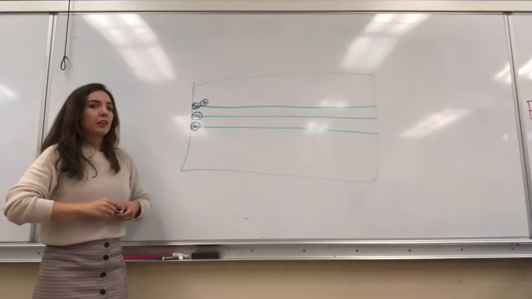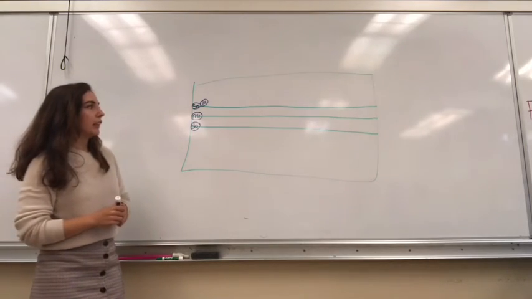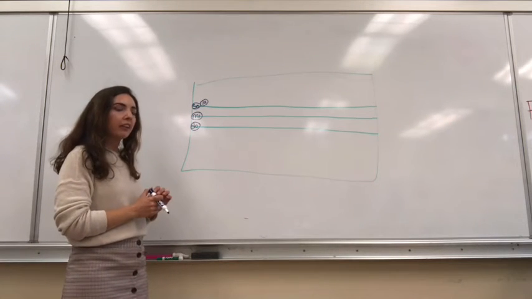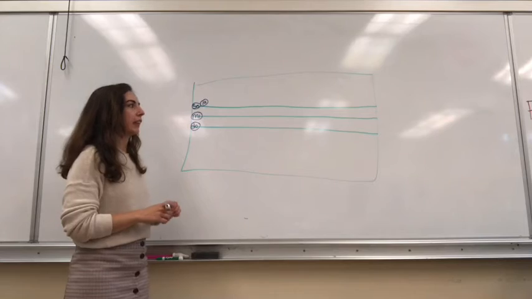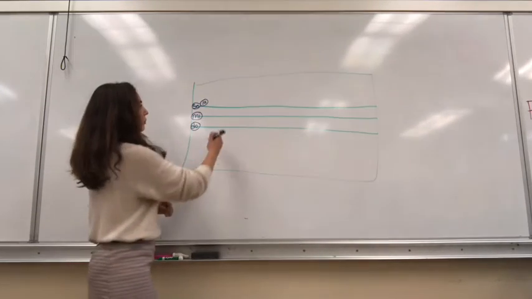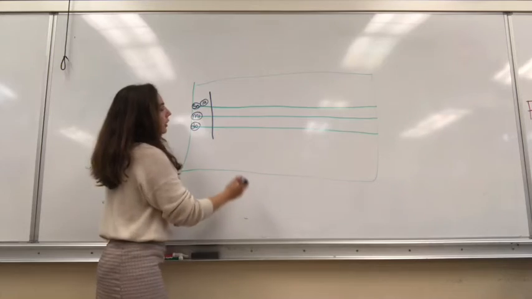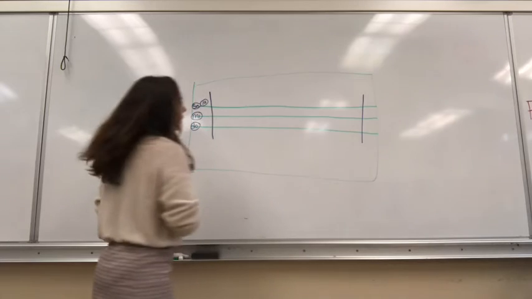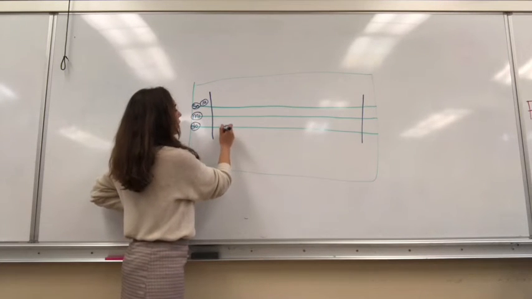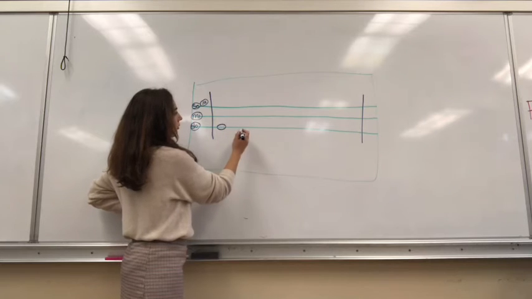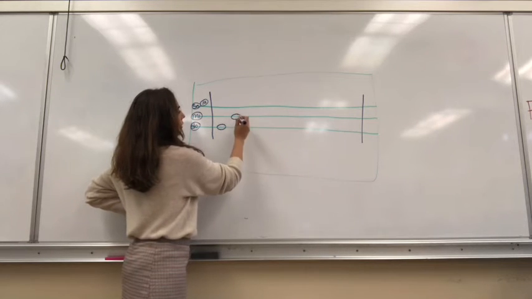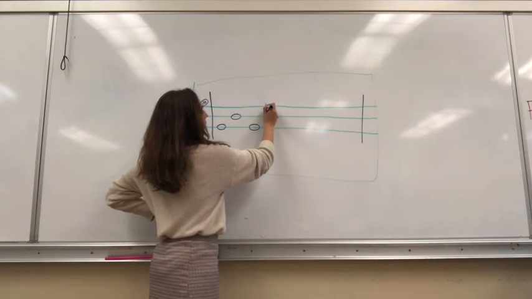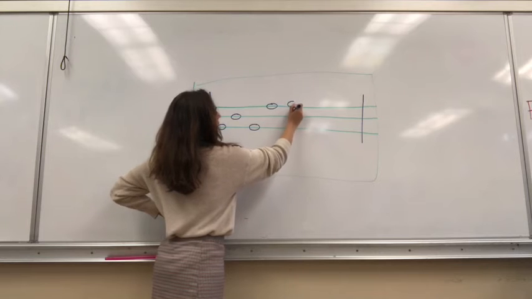So what I want you to do with your three-line staff is actually write your own pattern and practice with your hand signs. So I'm gonna do one. I'm gonna draw a line here, and I'll draw a line on the end here. So I'm going to start, let's see, I'll start mine with do, then I'll do mi, and I'll go back down to do, and then so, and la,